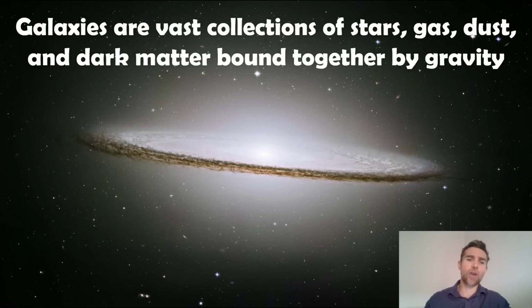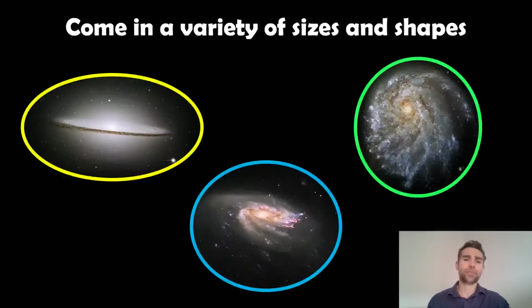So these are very large objects. Now they come in a variety of different sizes and shapes. You can get dwarf galaxies. You can get galaxies that are basically like spheres. They're quite featureless. You have disk-like galaxies that rotate like a disk, spiral galaxies, jellyfish galaxies. You've got a whole range of different sorts of galaxies. So it's not just one type, two types, three types. There's lots of different sorts. And if you've seen some of my previous videos, you'd have come across quite a few of those already.